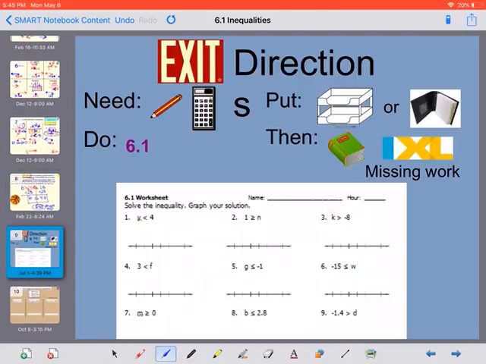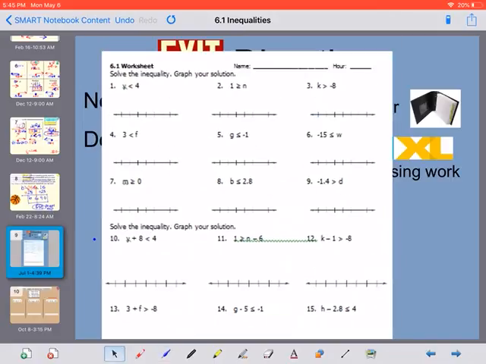Your homework is worksheet 6.1, which is solving inequalities. Some of them are already there for you to graph, but make sure you have the letter on the left, like you're going to have to flip this one and this one around because they're backwards. Okay? Otherwise, the rest, draw your line down, solve,